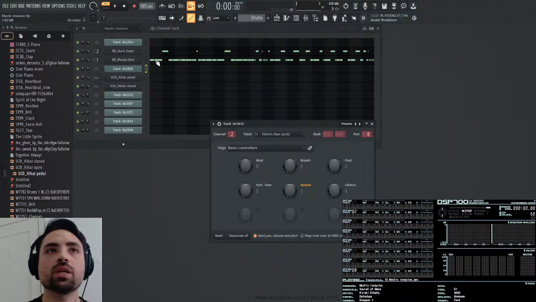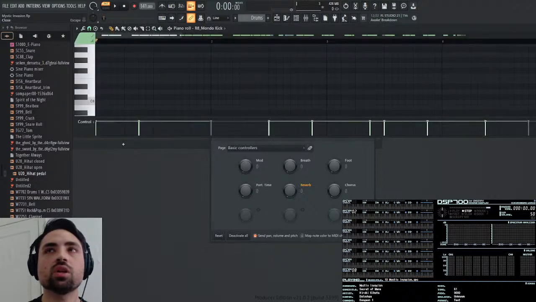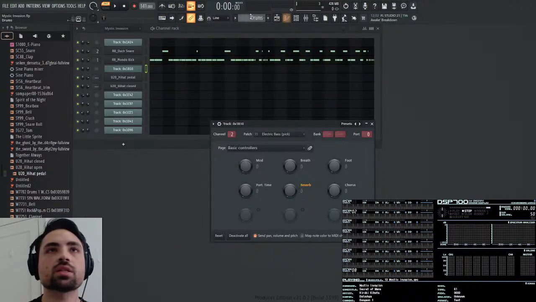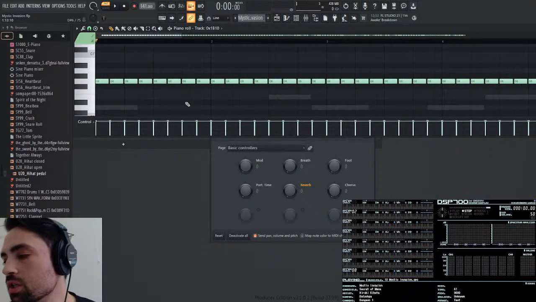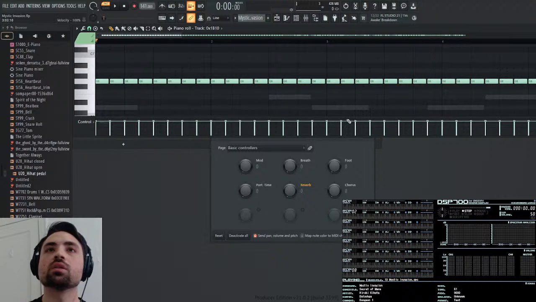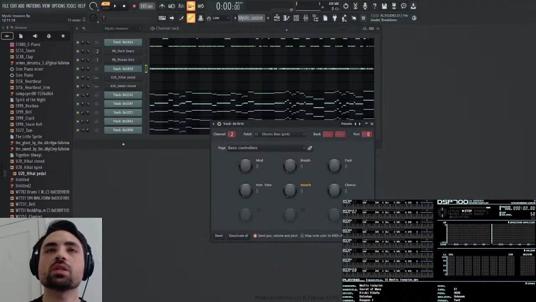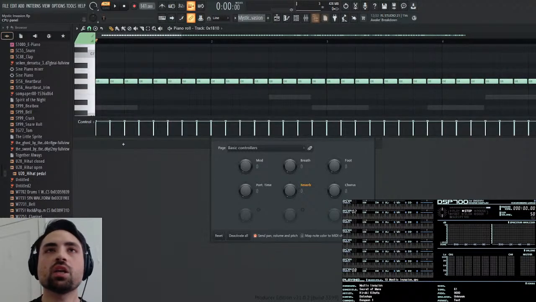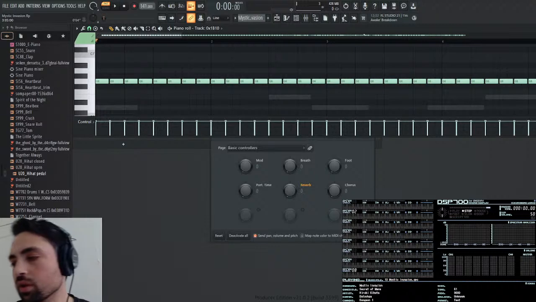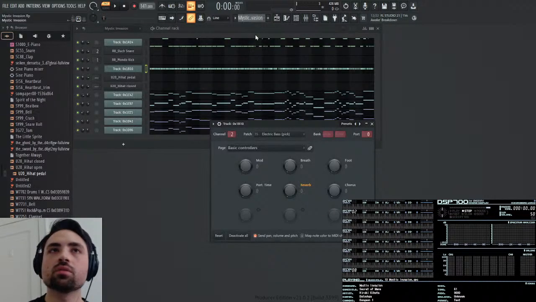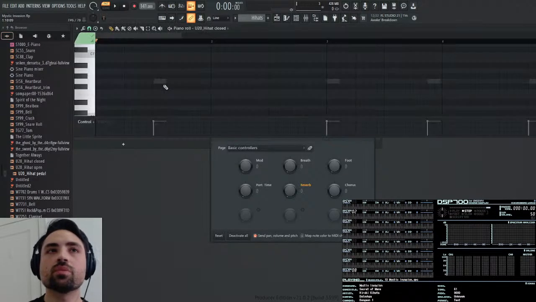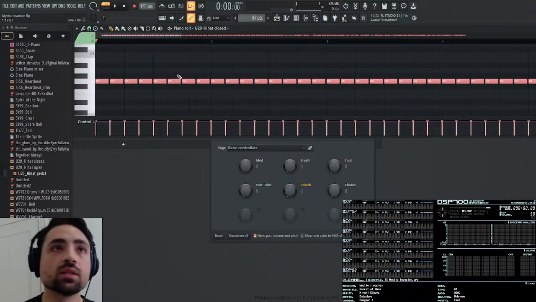And so now my selection is kind of gone. Wait, actually I did cut that. No, if I go back to the MIDI, my selection is now gone. So I just want to select this whole line. And let me see. Well, actually I can kind of undo all that. I should have just copied this whole thing. Let me copy this whole line and just put that into the closed hats.